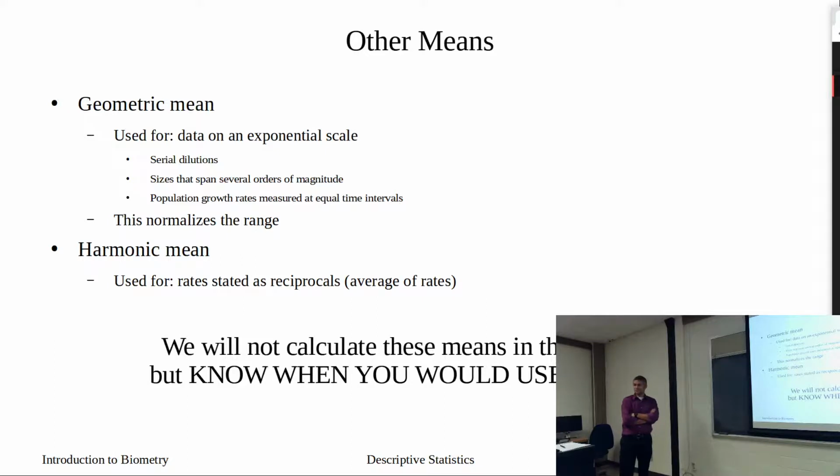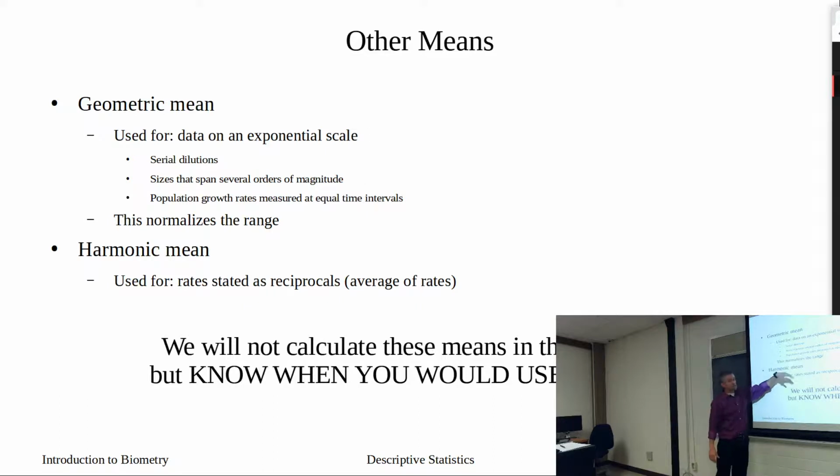Anytime we have data that spans several orders of magnitude, we should also use it. So I just pitched some yeast in a wort, all right? If I'm interested in yeast population size in that wort, depending on what I started with, I can end at different population sizes that vary on orders of magnitude. Maybe I have several hundred billion yeast in one container, but I only have, let's say, 1 or 2 billion in another container. Those are orders of magnitude. And the orders of magnitude we're talking about are numbers where you have single digits and then double digits and triple digits. All right, so tens, hundreds, and then thousands. Those we would use geometric means for.